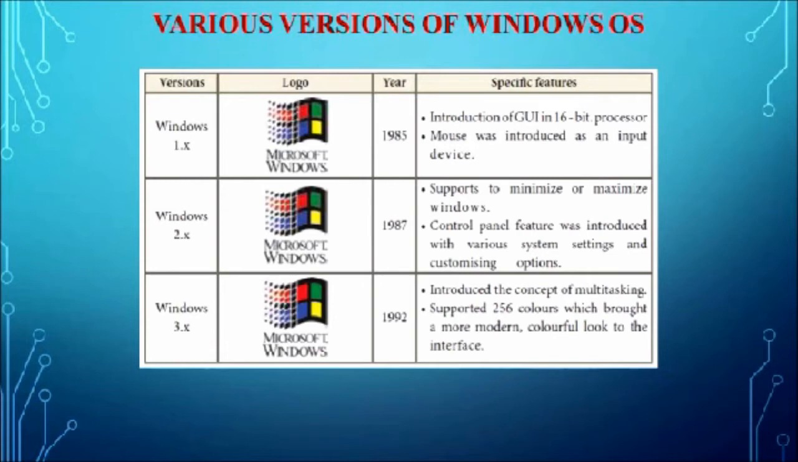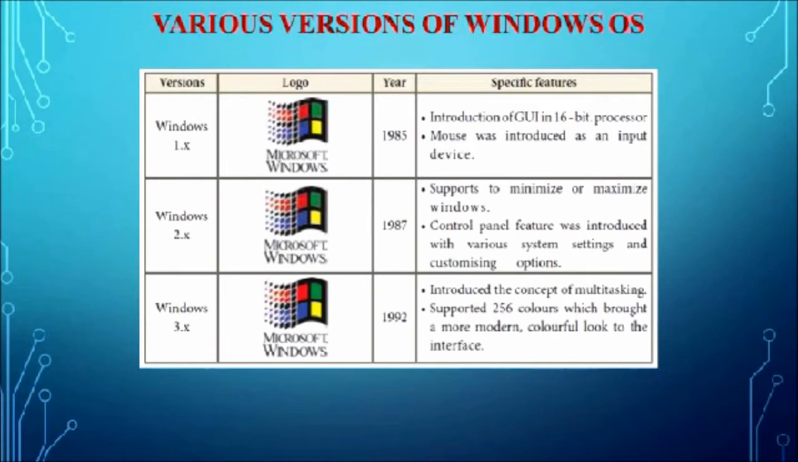In the exam, students need not draw the logo symbol. You can just write the version name, in which year it was introduced, and the specific feature of each version which is updated. The first version of Windows is Windows 1.x,